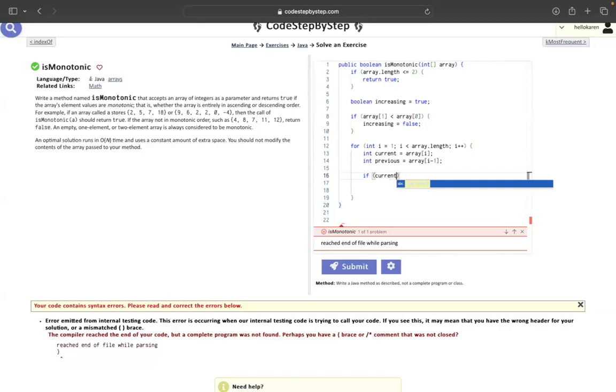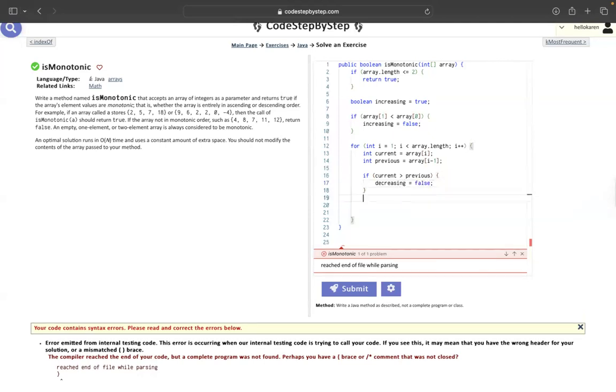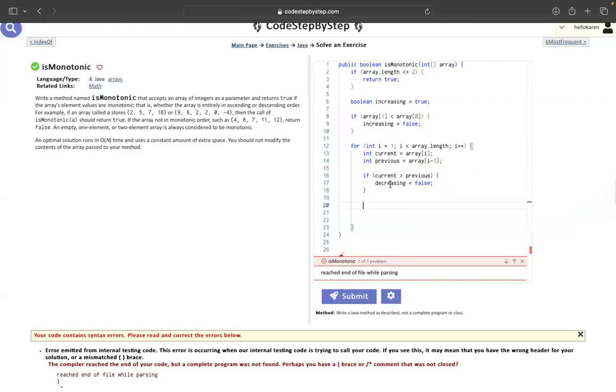If current index is greater than previous... So we don't have a decreasing variable. Oh, wait, so increasing,